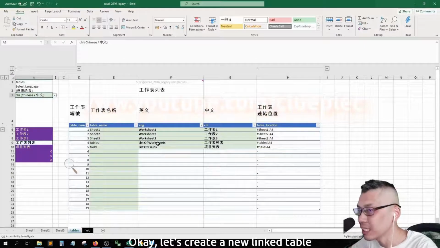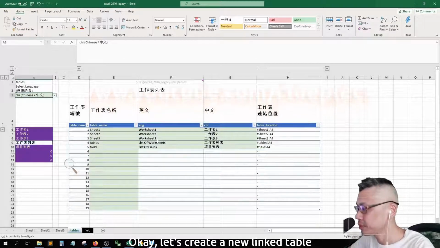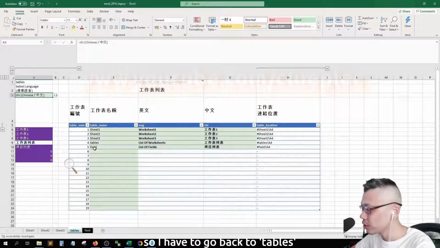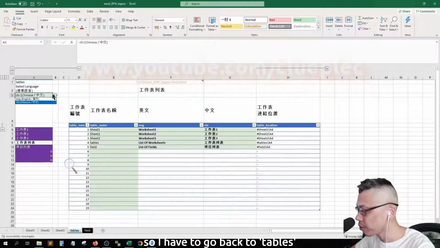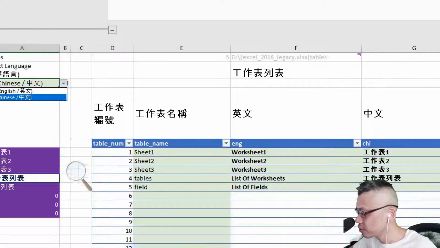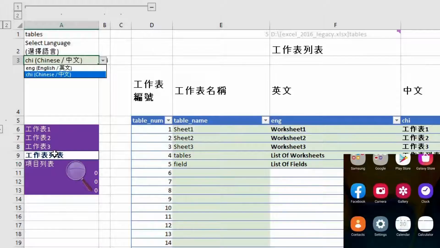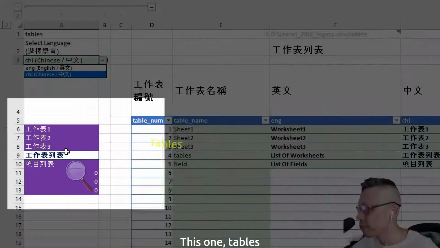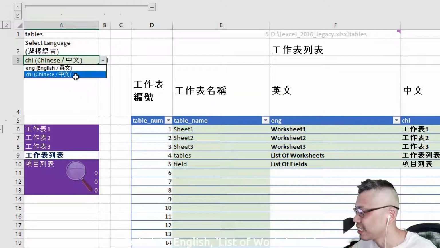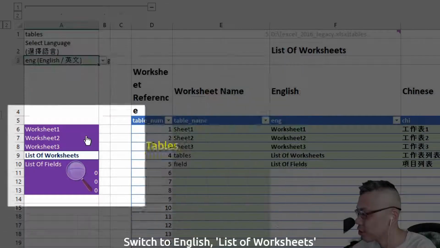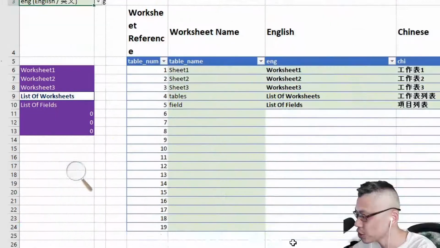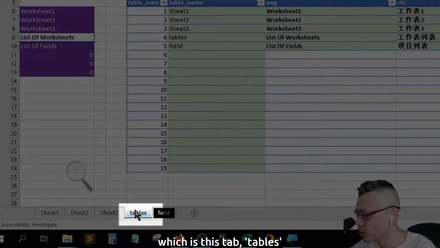Okay, let's create a new link table. So I have to go back to tables. Here, tables. This one, tables. Switch to English, list of worksheets, which is this tab, tables.